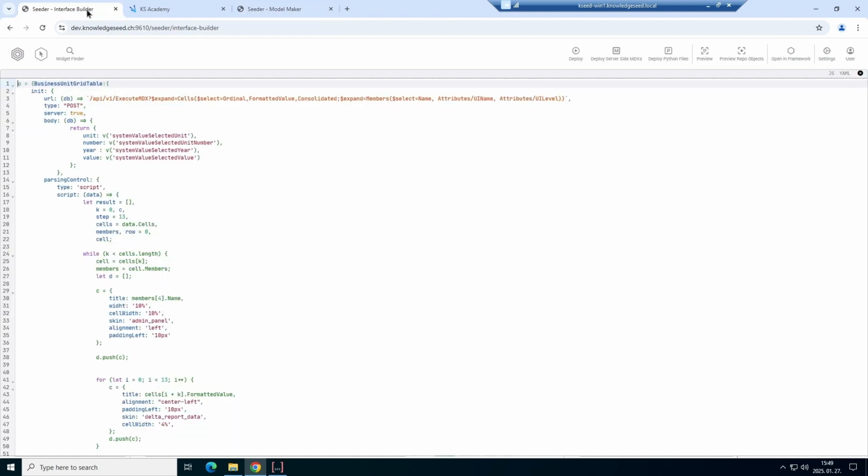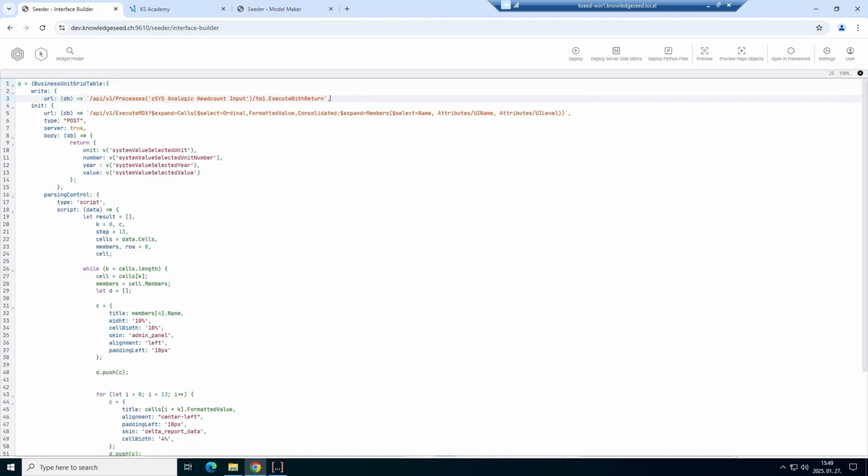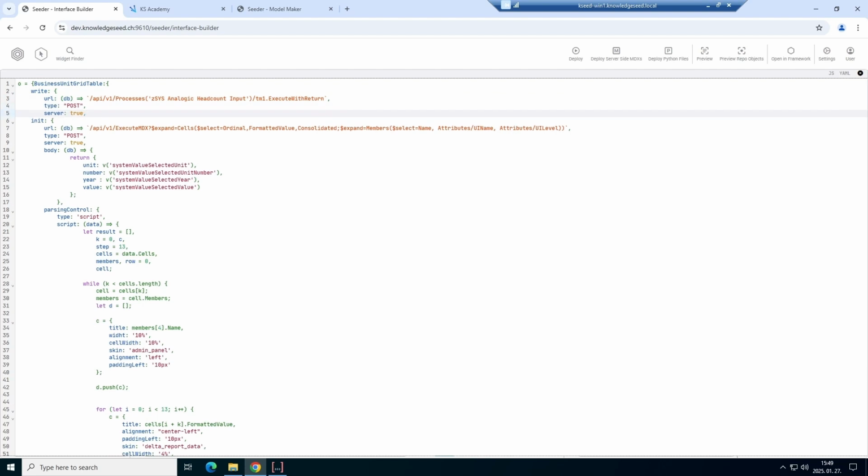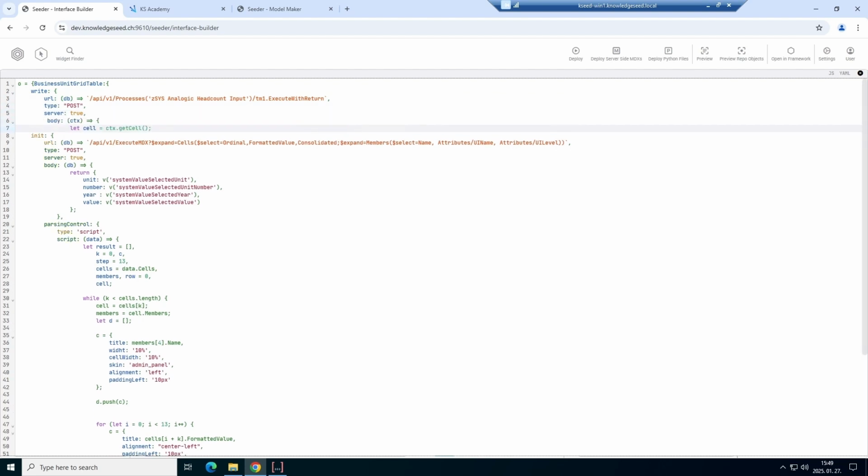Initially, we'll configure our grid table to enable writing functions. The URL for the process can be easily copied from our GitHub repository. You'll just need the portion that specifies the process name. We set the request type to POST and the server to true, then begin crafting the body part of our